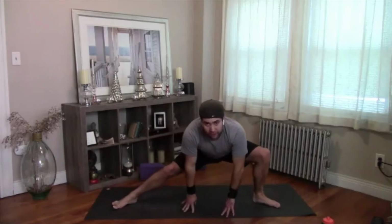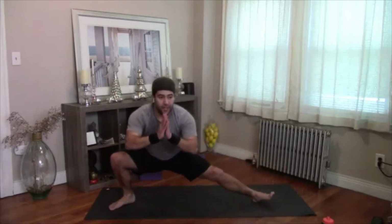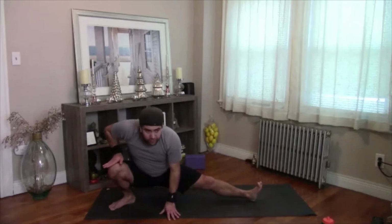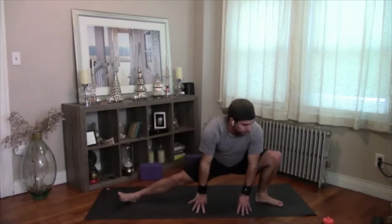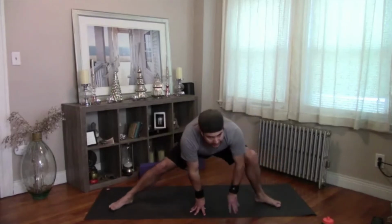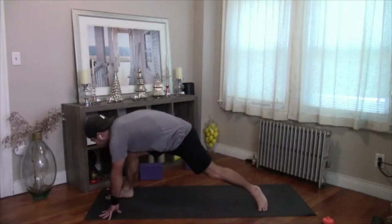And then we're going to shift a couple cycles like this. You could lift the hands up. Just make sure the knee and the foot point in the same direction. And then slowly, let's take a scurry back up to the top of the mat, spinning, coming into a runner's